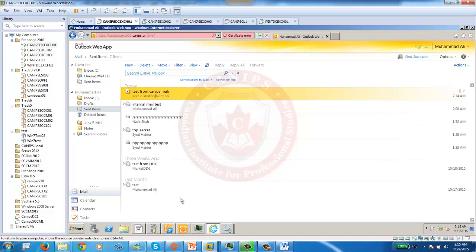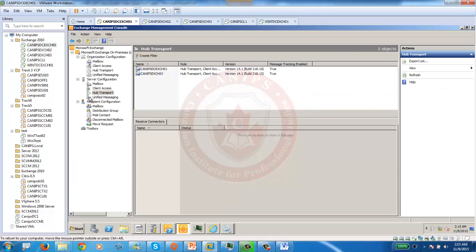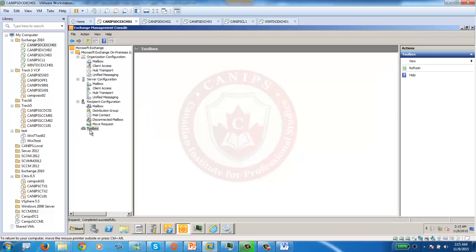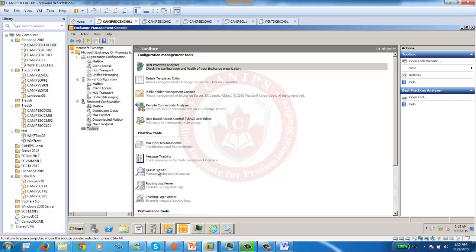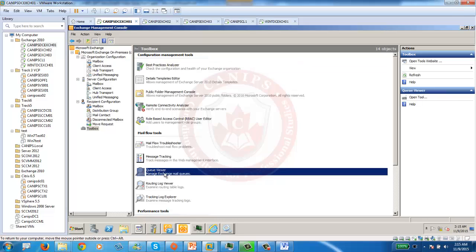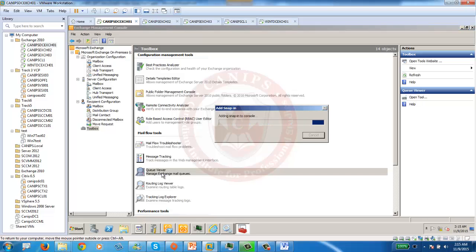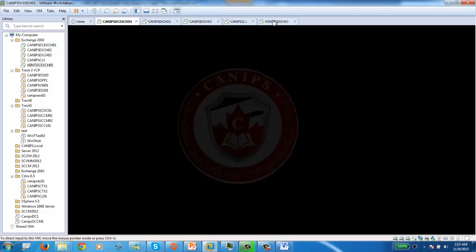Now let's check our Exchange systems. Where is this email? Within the Exchange organization, within Toolbox, there is something called Queue Viewer. So this basically checks the transport server. We'll open Queue Viewer, and Queue Viewer will show us whether that email is stuck in the queue or is sent forward. Now most probably it should be sitting in the queue, and while this opens, I'm going